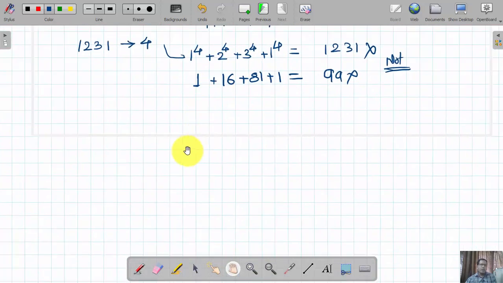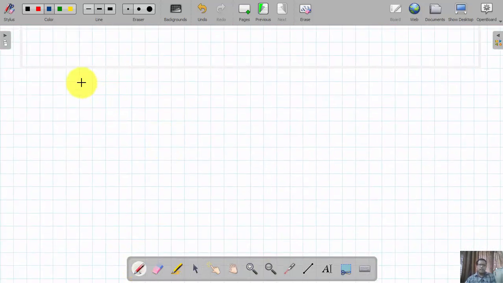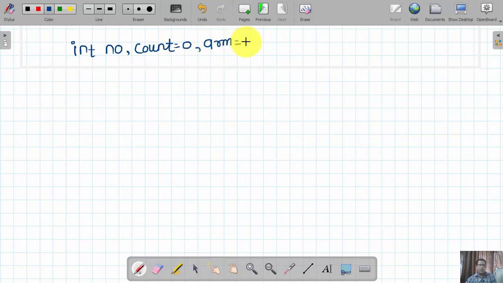First of all, we have to find the total count of the digits present in the number. So I'm going to declare first the integer variable number to accept a number from the user, and to find the total number of digits, the variable count, which is initialized with the value 0. To find whether the number is an Armstrong number or not, I'm going to declare one variable as ARM, then to separate the digits the variable REM, and to hold the initial value the variable temp. I'm going to accept a number from the user, and assign that accepted number to the temp variable.